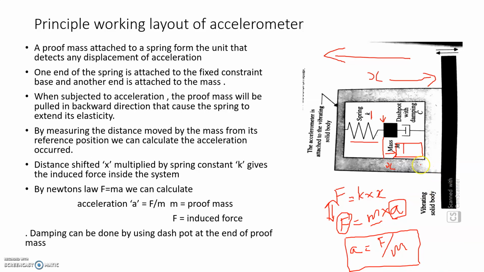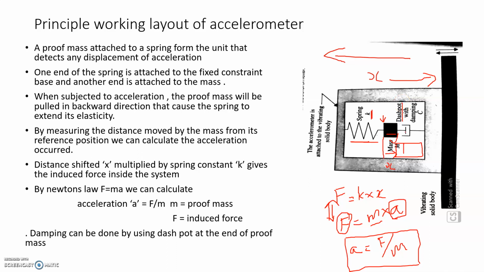So this is how we calculate the acceleration, which is correlated to the inertial force or induced force. While studying the structure of a basic accelerometer, it has a proof mass suspended to one end of the casing with the help of a spring which has a spring constant k, and the spring, proof mass and the casing are connected to a device known as a dashpot.